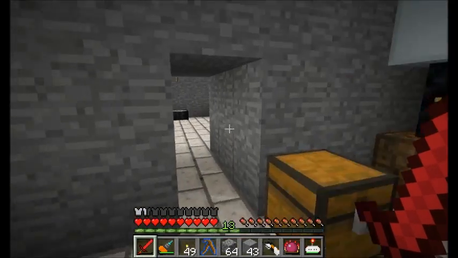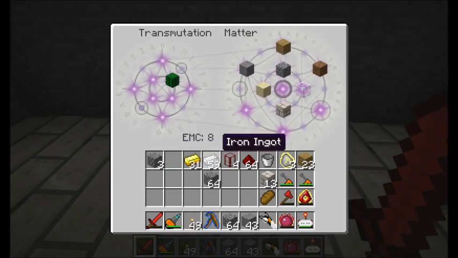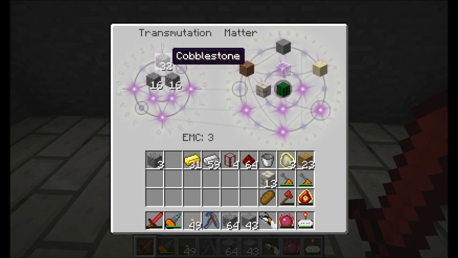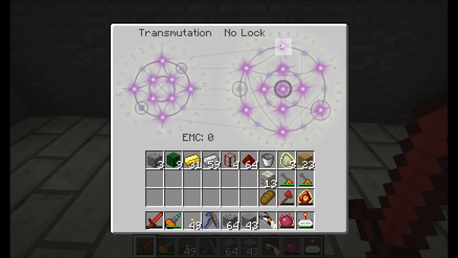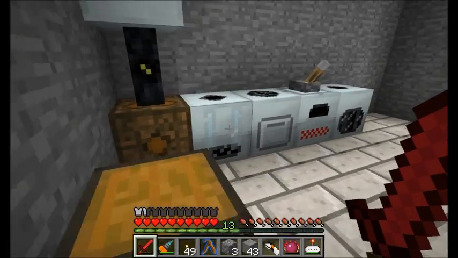What I want to do here is make sure I have a significant amount of cactus on me. That's going to be important. Let's actually target the cactus. What was the EMC value of that? 8? Okay, I can handle that. There we go. Get myself a bit of cactus. I'm probably going to need some more cobble, but for now I can do something like this and convert this directly into glass. I'll go get some more cobble for myself, and while I'm waiting,